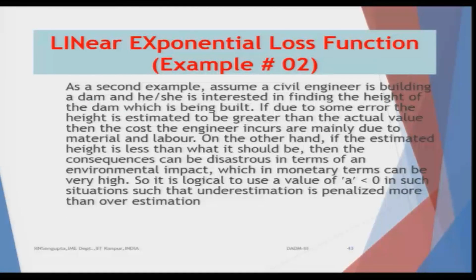Consider a second example, a civil engineer. He is trying to build a dam. Assume that the dam height is 120 feet, but there are two instances. In the first instance the engineer builds the dam to, for example, 122 feet with respect to 120. In the second case the engineer builds the height to 118 feet with respect to 120 feet. In both cases the difference would be 122 minus 120, which is 2, whose square is 4, and in the other case 118 minus 120, whose square is also 4.